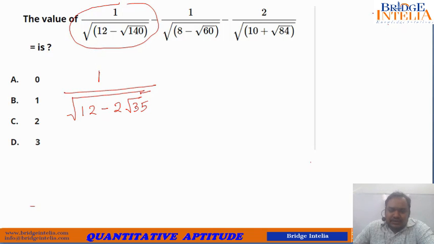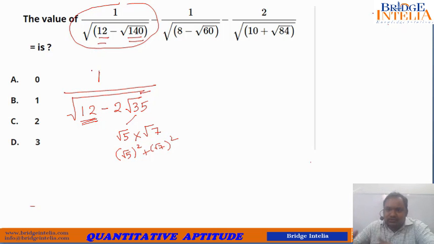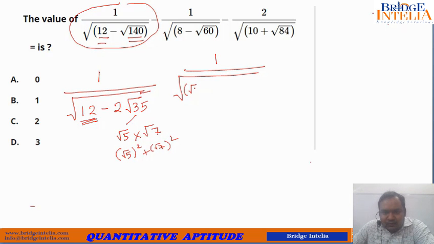If you look at the first term, root 35 is a big hint. Root 35 can be created if you multiply root 5 and root 7. Similarly, if you take the squares of these two terms, root 5 whole square plus root 7 whole square, it becomes 12. That is the purpose of choosing these numbers, so that you can create a perfect square. So how can you create a perfect square? Now let's concentrate on the first term only. It can be carefully written as root 7 whole square plus root 5 whole square minus 2 into root 7 into root 5.